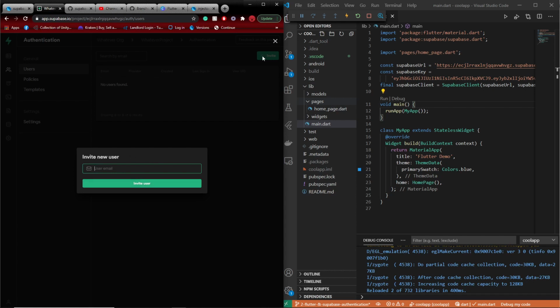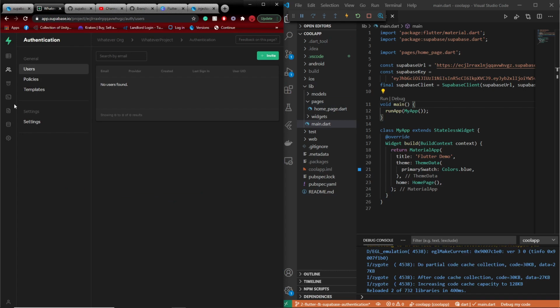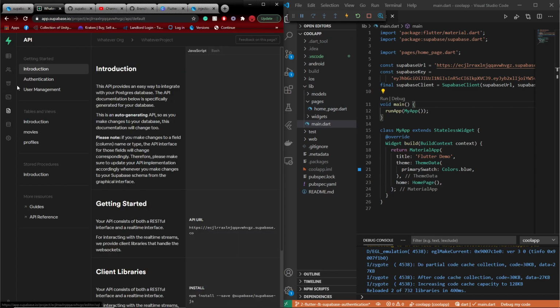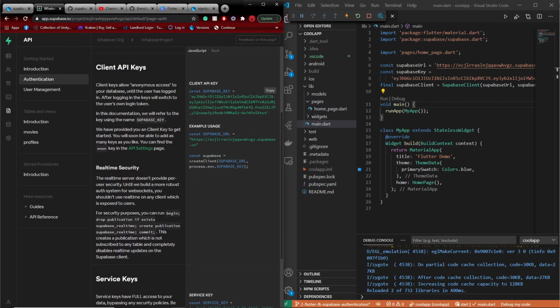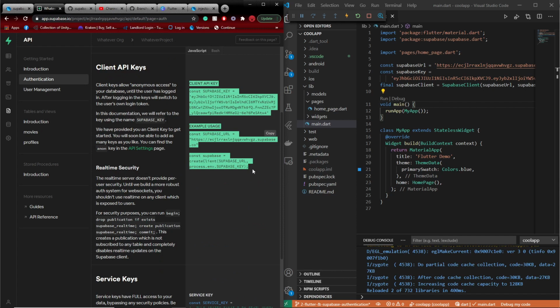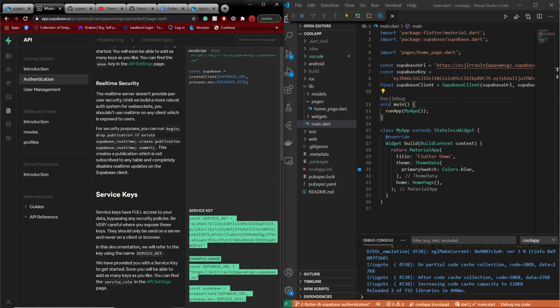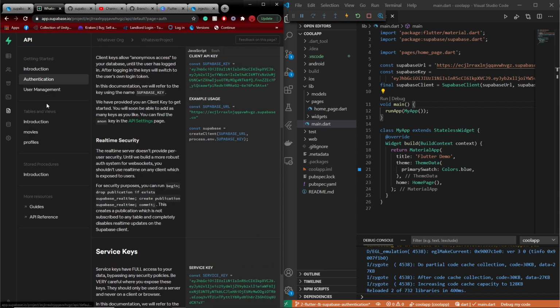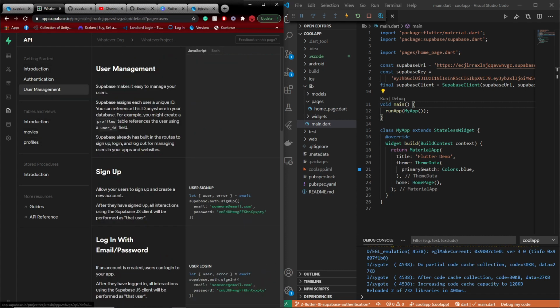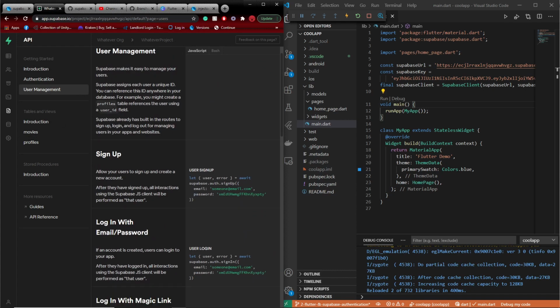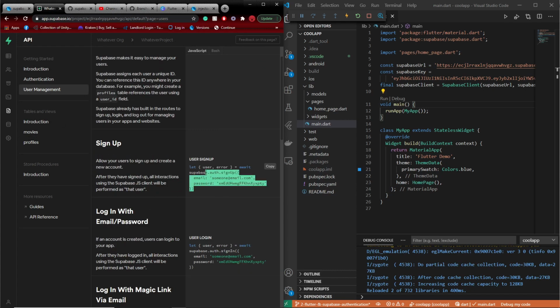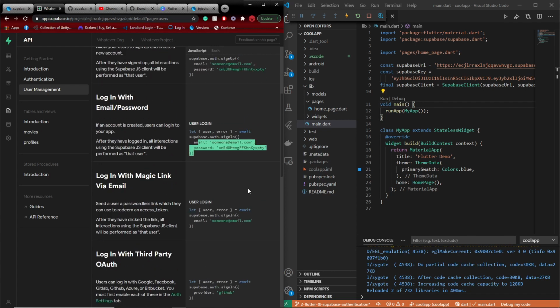So we're not going to do this. We're going to actually set it up in code. So as always, we can go down to the API tab and look at the documentation for authentication. This is just the same as we did last time, setting up the client. And then, I guess that's it for that. We can probably, yep, so user management. So here's some of the sample code that they give you for sign up, login,